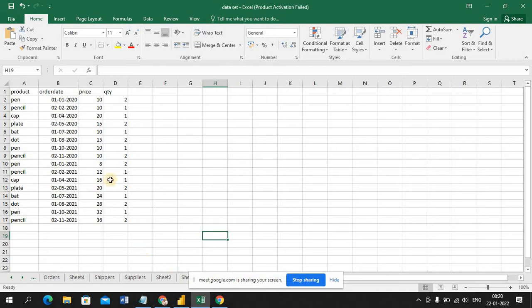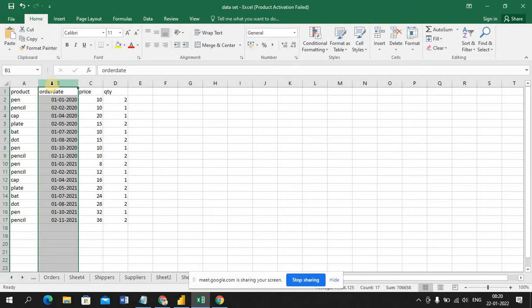Okay, so like that, in the real world we sometimes get data with only transaction dates, like this 01 01 2020, 02 02 2020, because here they are entering only the transaction type of data, whenever my business is running, only that data I'm getting.